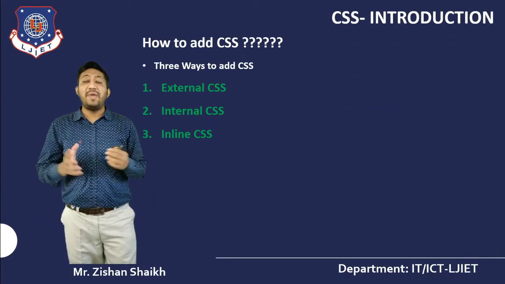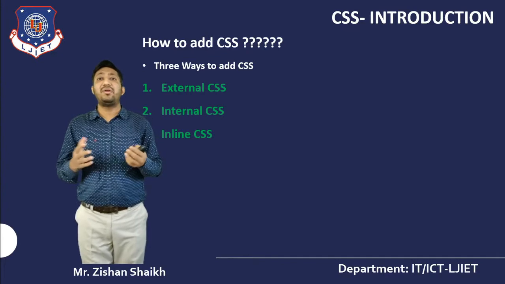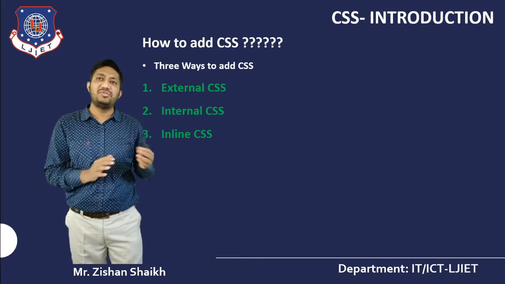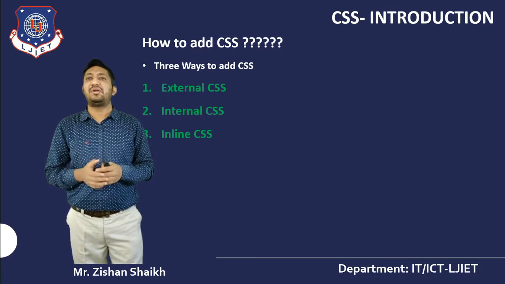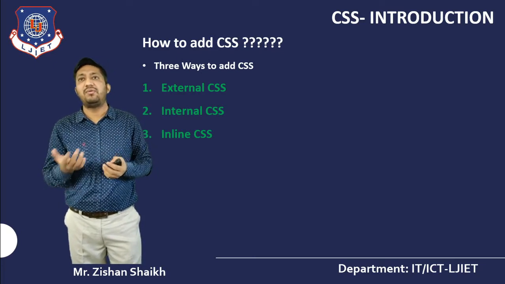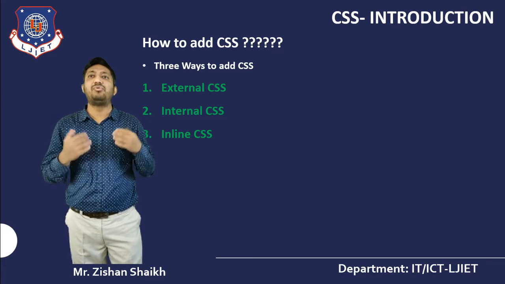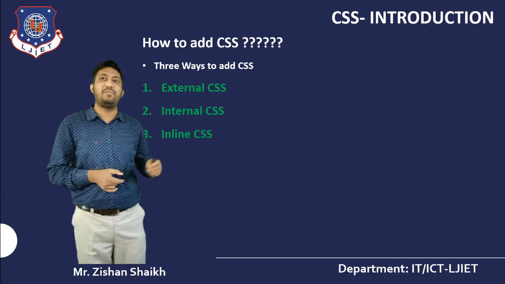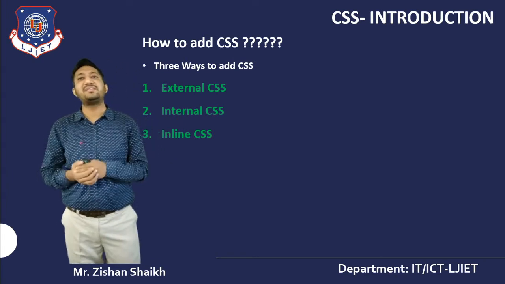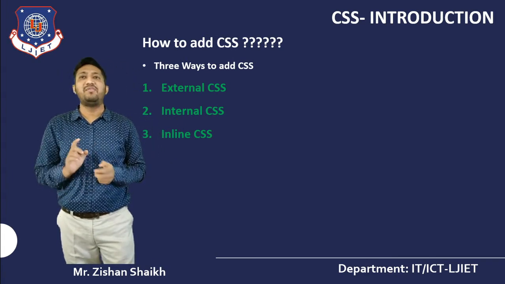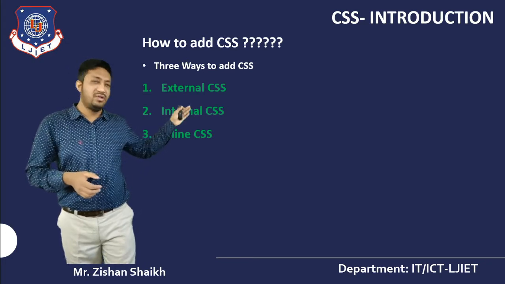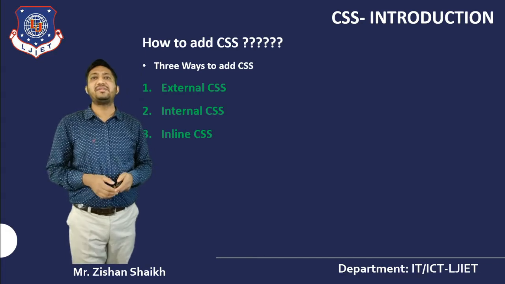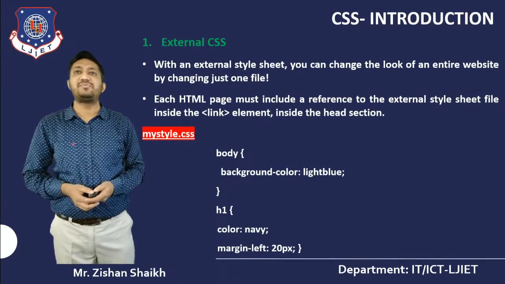Now the main question is, whatever I discussed until now, how can I apply it in my actual CSS file? We covered the types, the syntax, and the selectors, but how to write them in my CSS file, that is the question. So this is our next topic: how can we add CSS in my HTML file. For that we have 3 options: external, internal and inline. So let's understand all these CSS types one by one.